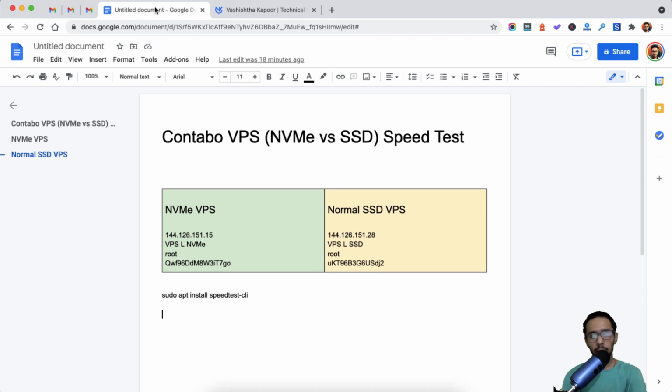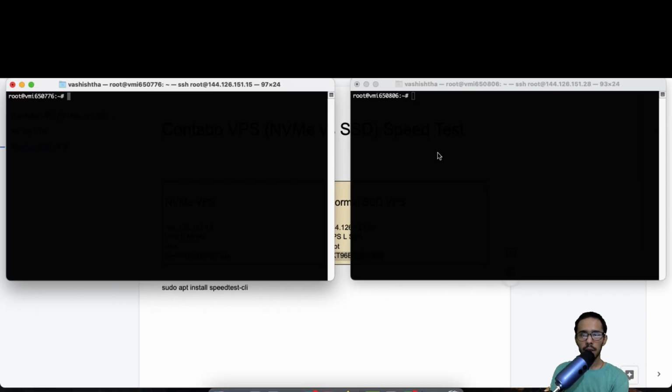So guys, I have already got two VPS set up. One is NVMe storage VPS and the second one is normal SSD VPS. So to quickly test the speed of two servers, I will log into both servers one by one. So guys, as you can see, I have already logged into both the servers.